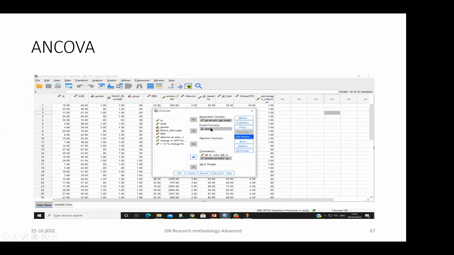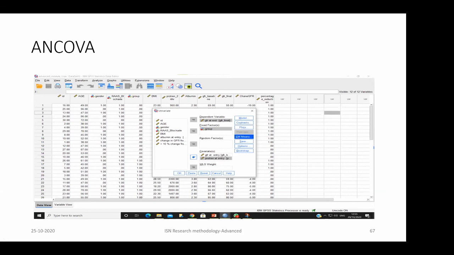That is our intervention, which I have labeled as the group. We will not do anything for the random factors for the time being, and put the covariates which are affecting the outcome, that is the glomerular filtration rate at entry and the protein at entry, in the covariate box. Then you have to click Estimated Marginal Means.